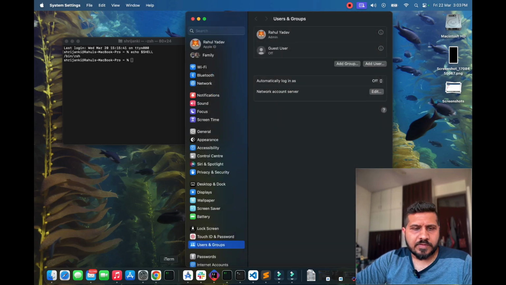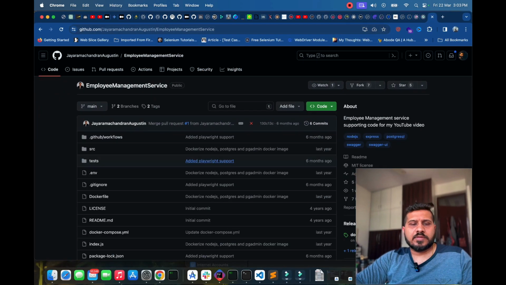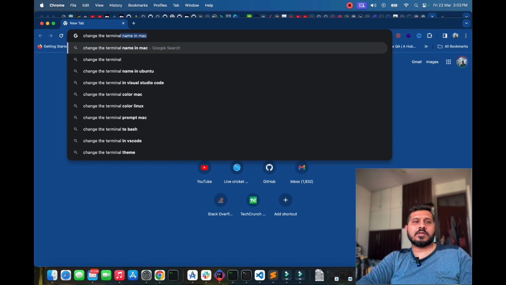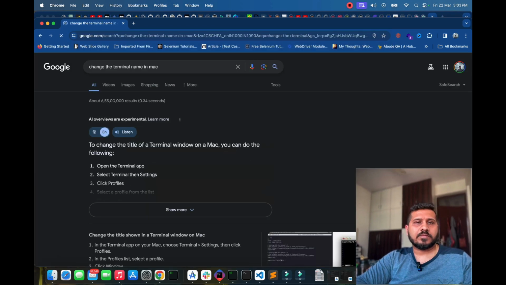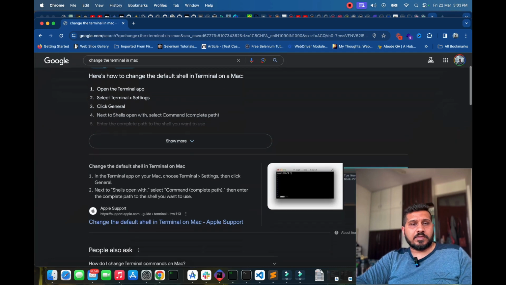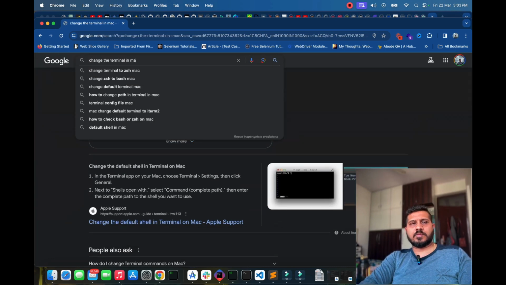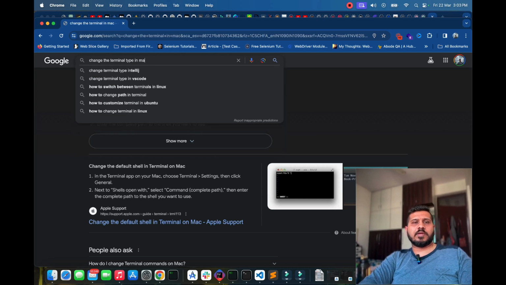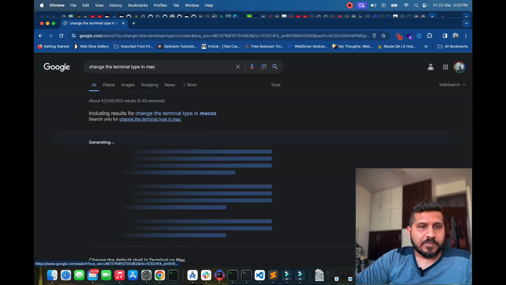There's a place, okay, let me just search it. Change the terminal in Mac, no, the terminal type in Mac. So if you go to macOS,